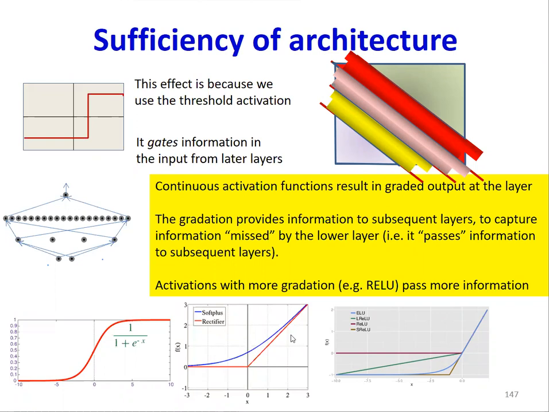And so the kind of activations that do that are the ReLU, but the ReLU activation gives that information only on one side of the boundary. You have the leaky ReLU, which is better, which not only captures the boundary, but on both sides of the boundary, it tells you how far away you are from the boundary. So you basically want continuous graded activations that give you information about the distance from the boundary. And once you have that information, subsequent layers can use it to construct the pattern.